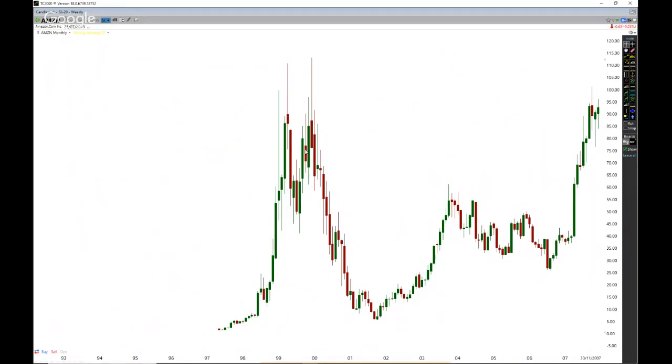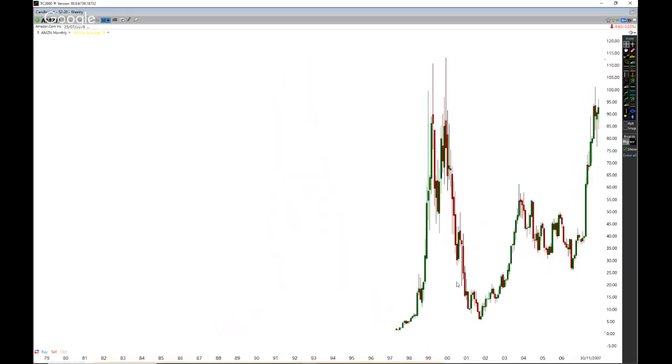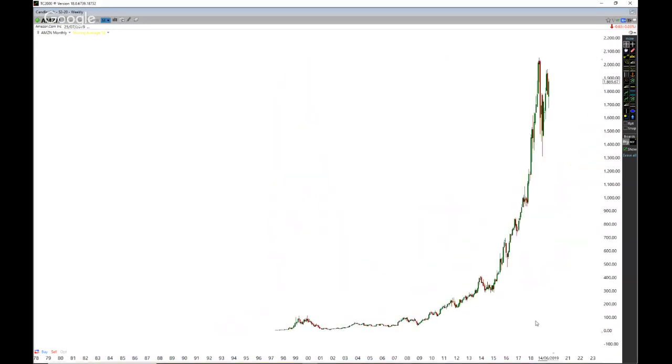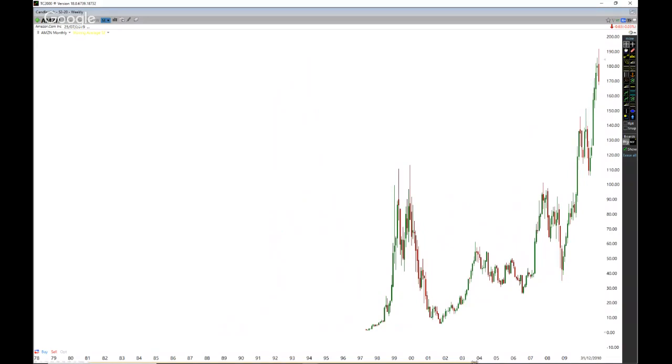And then look at this here, it made a big, massive double top, didn't it? See that big, massive double top? This is the monthly chart here. And then it came down, didn't it? So the reason why I'm bringing that up is because if we have a look at what's happening right now,